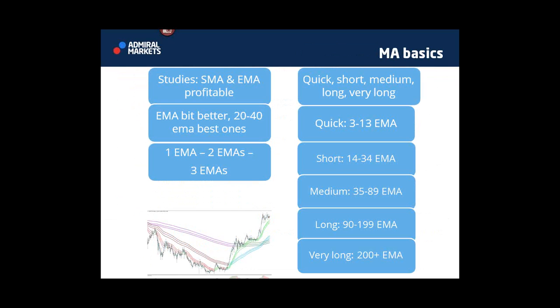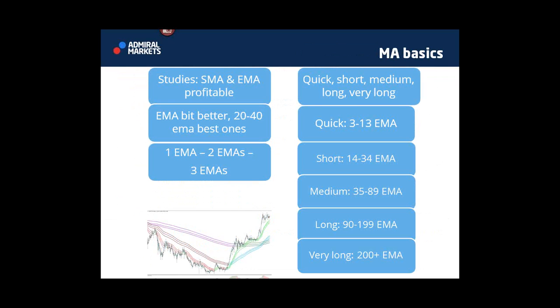You can use various ways of moving averages. One could use one EMA, you could use 2 sets of EMAs, or even 3 sets of EMAs, increasing the complexity, of course, as you go along. If you like to read candlesticks and price action, you can simply add one EMA as a reference point, and that's it, and that's fine. If you're more of an EMA fan or moving average fan, you might use 3, like I do, as indicated in the left lower corner. That's an example of how you could do it.